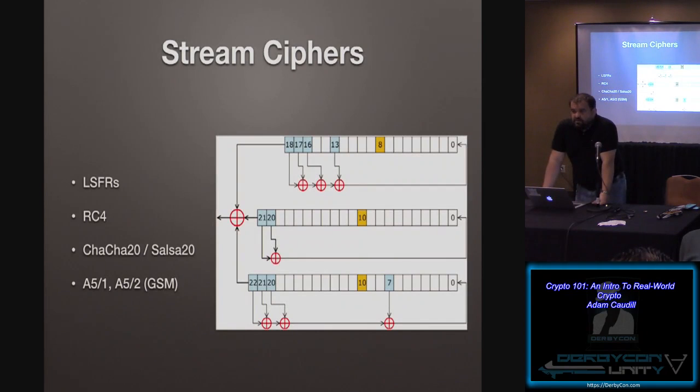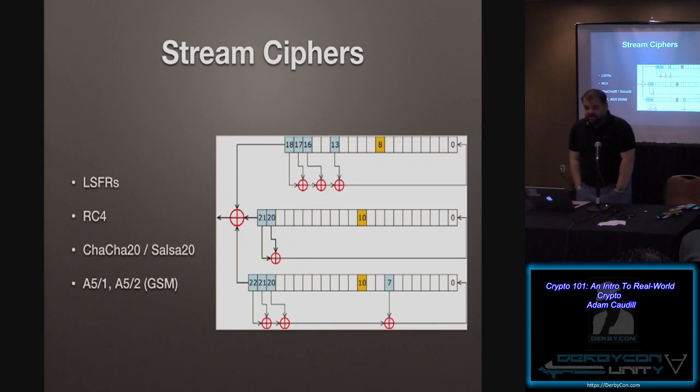Stream ciphers are fairly simple. They're typically very fast. And they're fairly easy to understand. They really aren't that complicated. Generally, a stream cipher is a strong pseudo-random number generator where you use the key as the seed. The output that it generates, which is referred to as the key stream, is XORed with the plaintext to generate your ciphertext. It's a very simple operation.